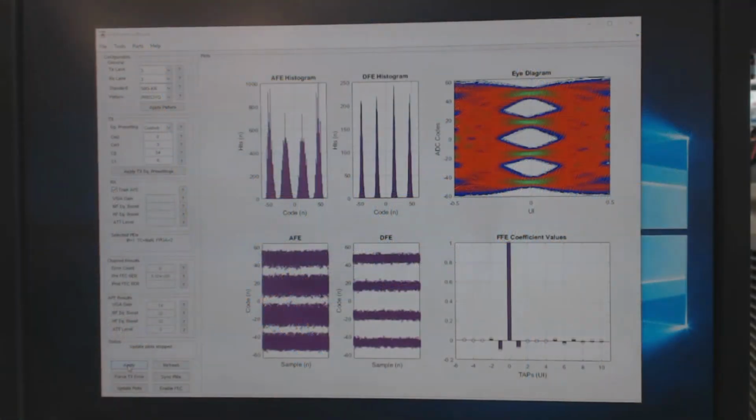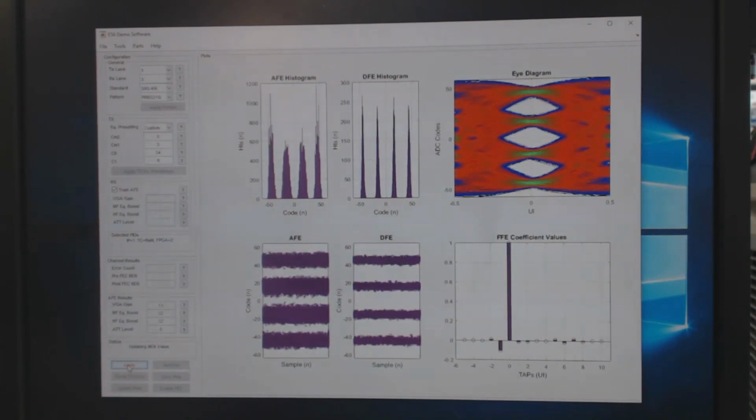The 56G Ethernet test board evaluation platform also includes a graphical user interface for controlling the PHY and accessing in-PHY diagnostics and performance metrics. On the left is where the data rate, pattern, and amount of transmitter equalization is set. After hitting apply, the PHY receiver will adapt to the channel and incoming data. In the middle, diagnostic plots in both histogram and scatterplot formats are shown for the analog front-end output and for the decision feedback equalizer output. On the right are plots of the feed-forward equalizer coefficients and a non-destructive two-dimensional PAM4 eye monitor.